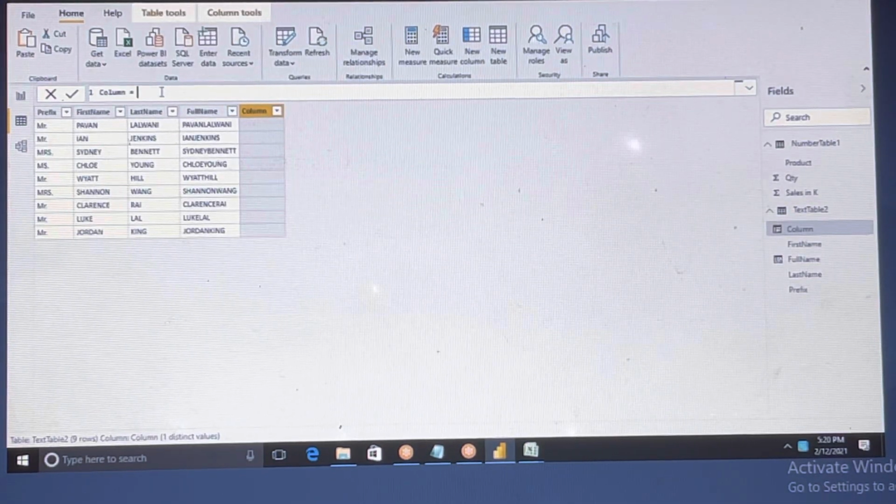So what you can do is full name 1 equal to. I wanted to add these three columns because, as you see, what happened?